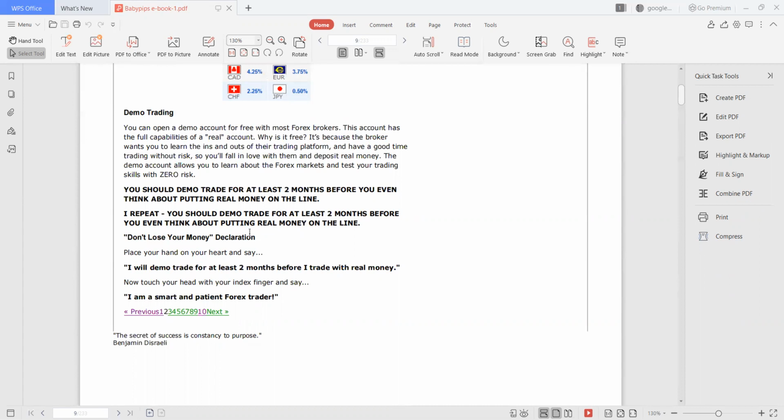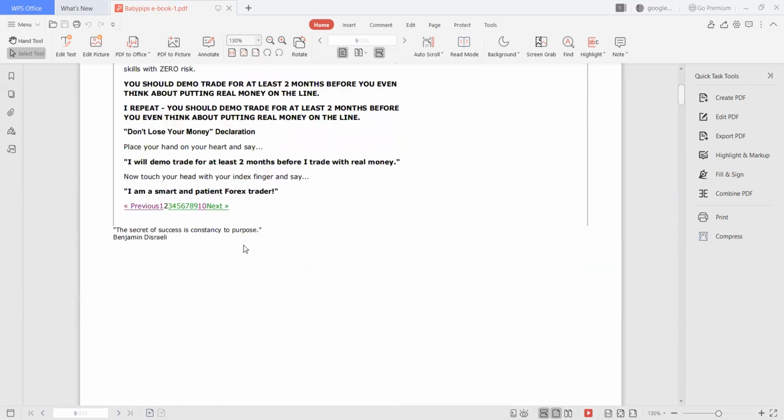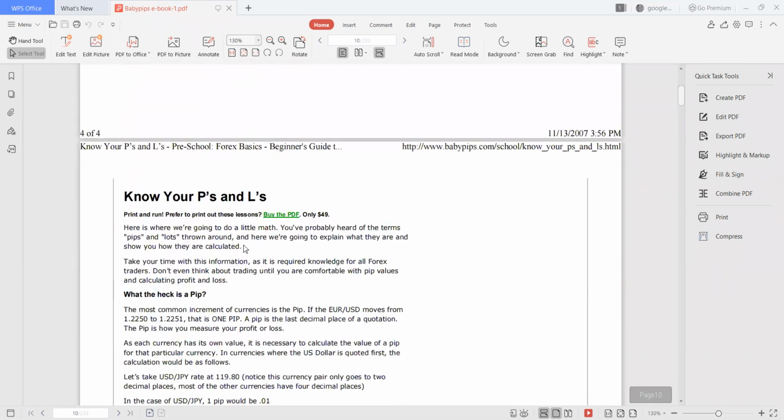So the broker gives you account options, and my favorite account for now that I want you to use is called a demo account. A demo account is a practice account. It has all the features of a real account. The only difference is that on a demo account, the money is virtual, it is fake money. On a real account, the money is real. That is the only difference. Otherwise, everything else is the same. So when you begin to trade, you start on a demo account, and then you grow up later.